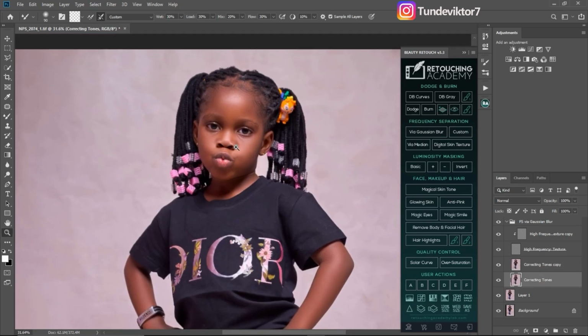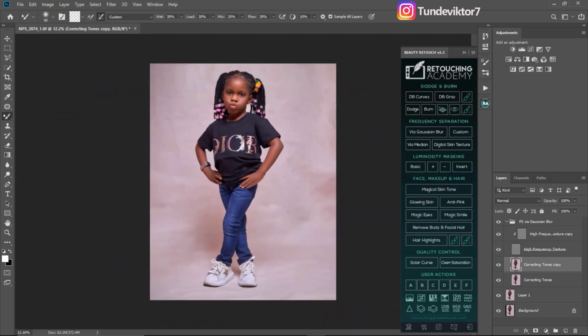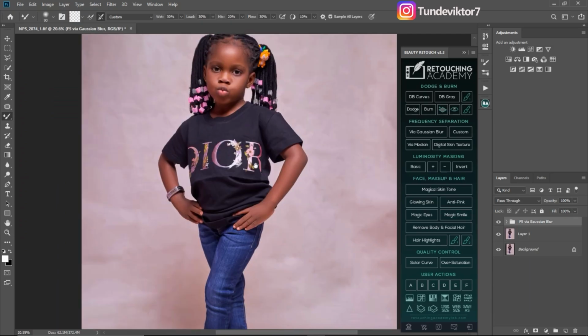So let's see our before and after. These are before and these are after. These are before and these are after. You can see the skin is looking much better. So the next thing I'm going to be doing for this image,